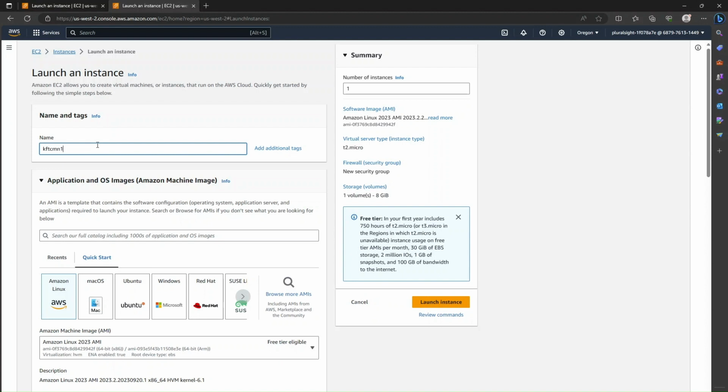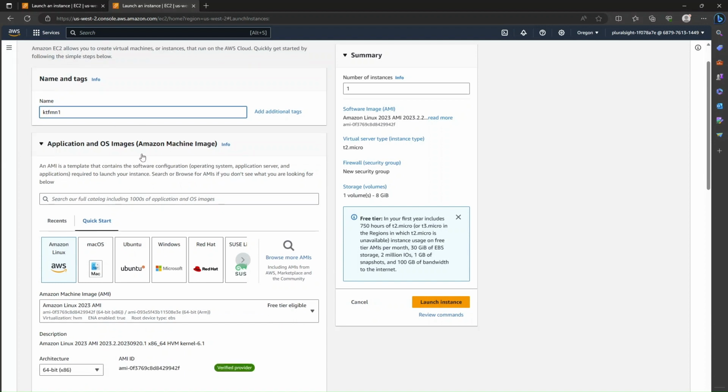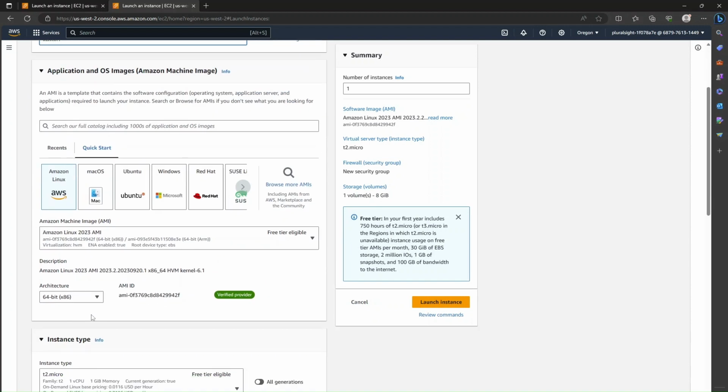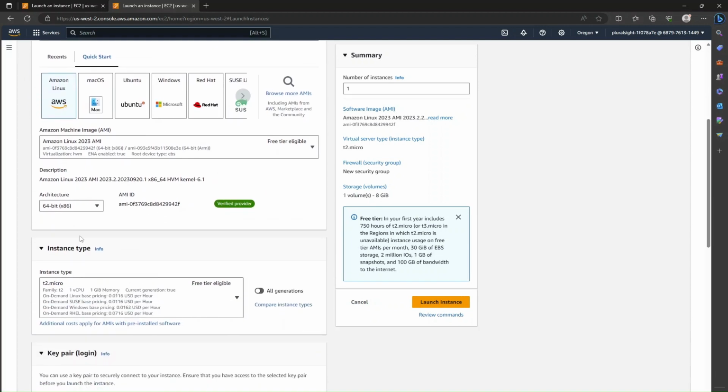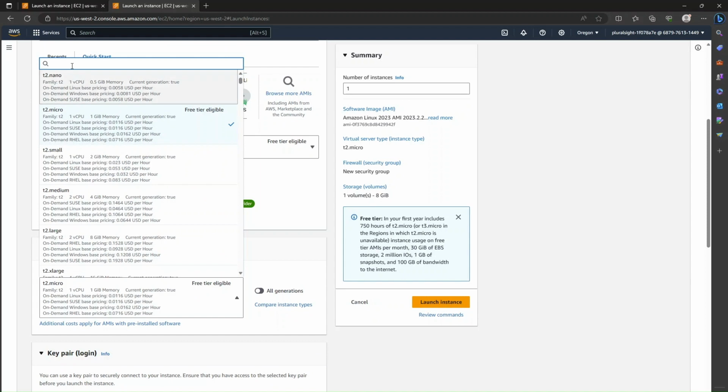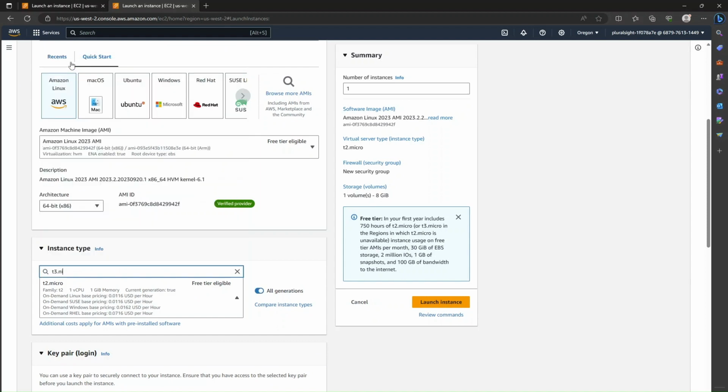KTFM managed node one. I mean Kalash Tech Fusion, KTFM, and one, something like that. So Kalash Fusion MN, managed nodes, and this will be the first node, for which I'm going to use Amazon Linux and the same architecture, and then I will be using T3 micro